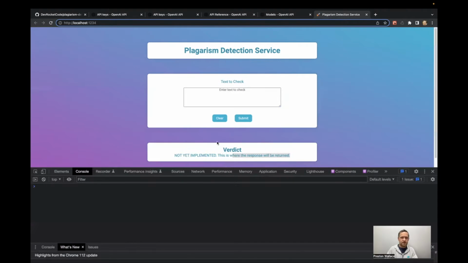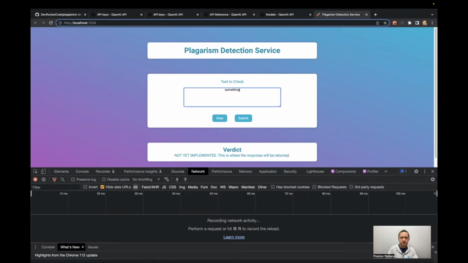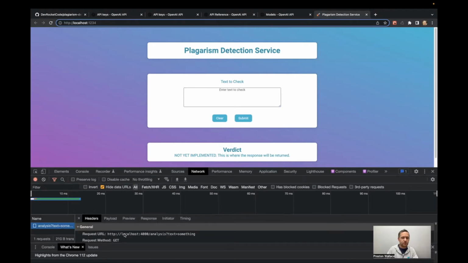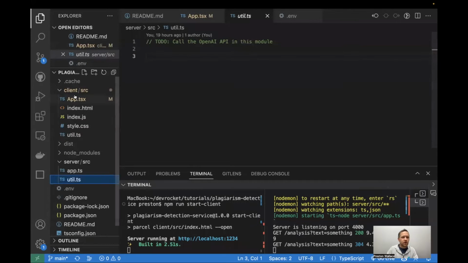What's happening here is we go to the network tab, and if we say something again, we'll see that there is a request to the analysis endpoint of localhost 4000. Why is that? Let's take a look at the source code. So what we're doing on the front end here